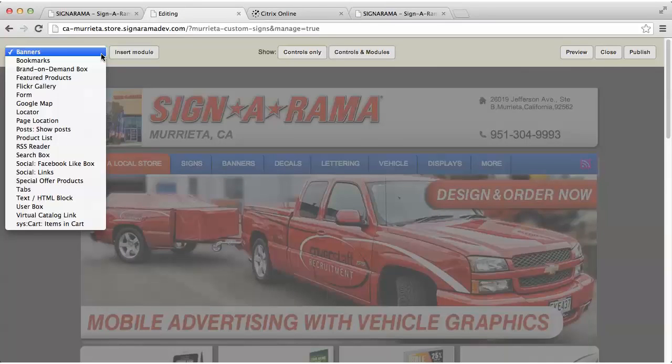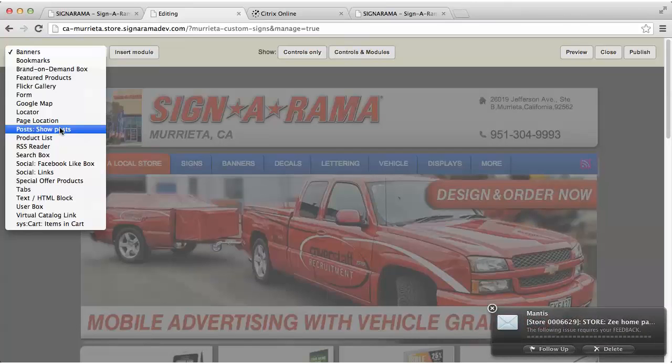So depending upon what I want to add to this page, I can choose the right module. So for example, if I wanted to add a form to this page, I would want to add the form module. So I could insert that form. If I wanted to add a post, I would add the post module. So this is what we're going to do here in just a few minutes. Just to show you how that works, I will just select a